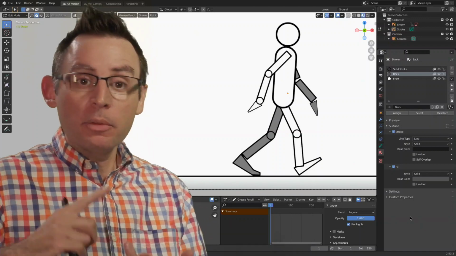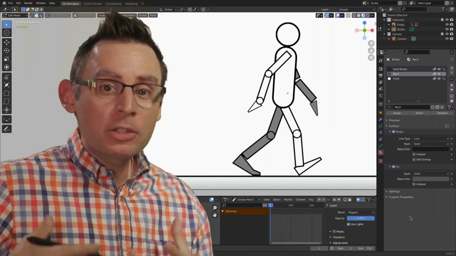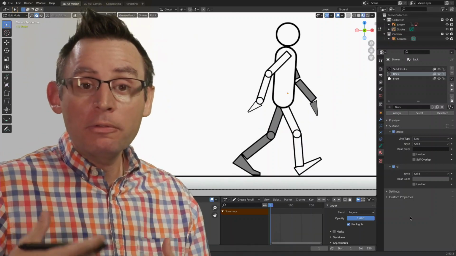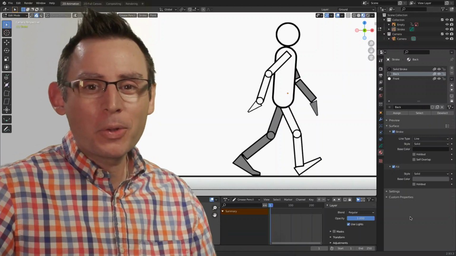We've created a ground plane. We've created materials. We've also created the animation layers that we're going to need. We're ready to start drawing with accuracy and with efficiency as we start to block out and plan all of the key frames and poses for our little walk cycle animation.